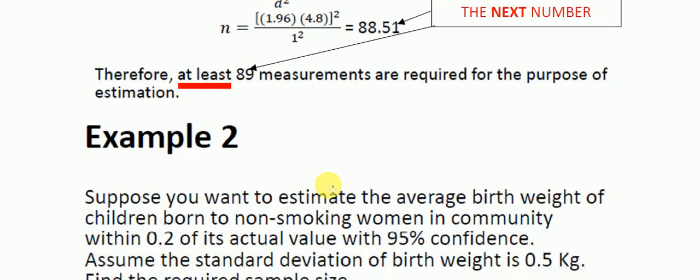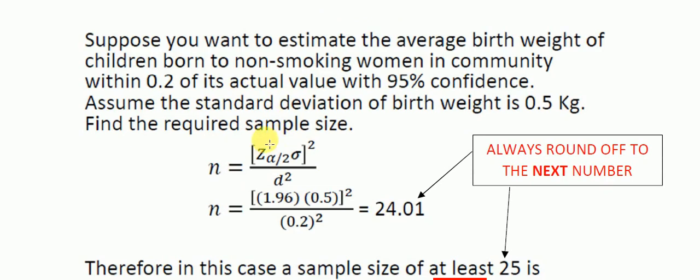So now let's move on to another example. Same formula, z alpha by 2 sigma whole square divided by d square. Because we see the word estimate in the question, z alpha by 2, again we have 95% confidence, so z alpha by 2 for 95% confidence is 1.96. We'll go on and see how it is calculated, but for a while just plug in the value 1.96, which corresponds to 95% confidence. Next up, we have the value of sigma, which is 0.5,